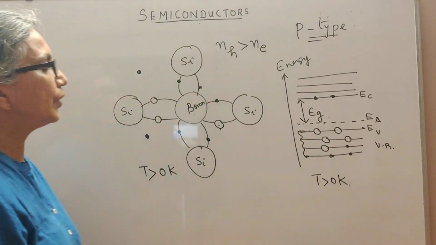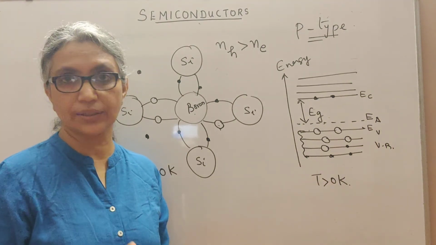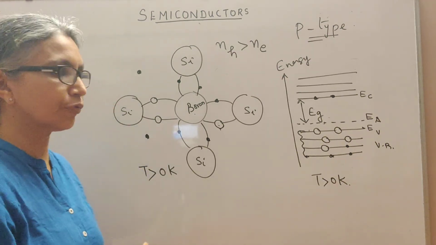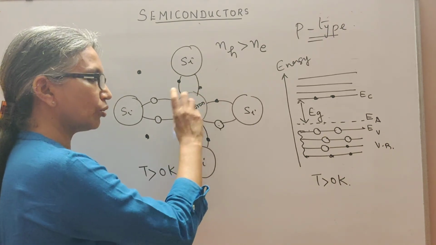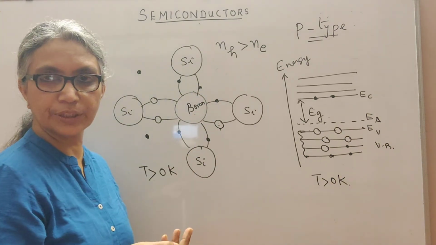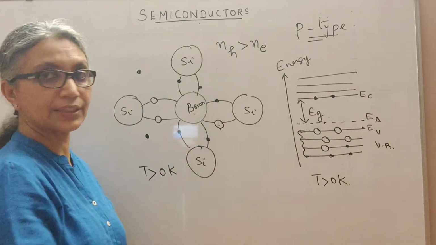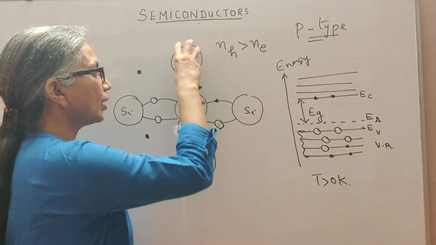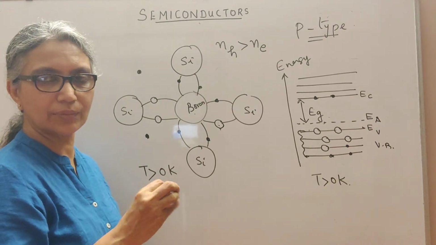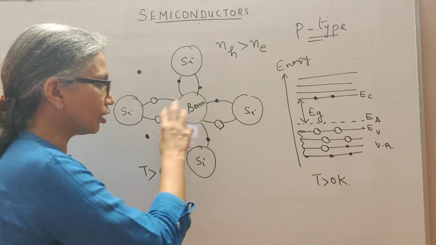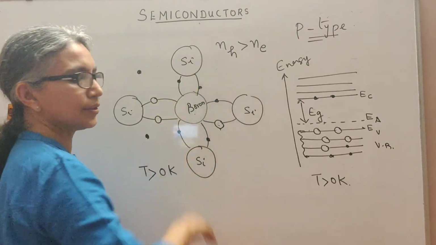So for a p-type semiconductor, remember, you dope it with a trivalent impurity. One more property in how you select a dopant is the size of the dopant you're adding. Like I said, you can add boron, indium or aluminium when you're doing trivalent doping for producing a p-type semiconductor. The size of the dopant and the size of the other atoms must be almost the same, they should not be too different. So we select atoms which have almost the same size as silicon.